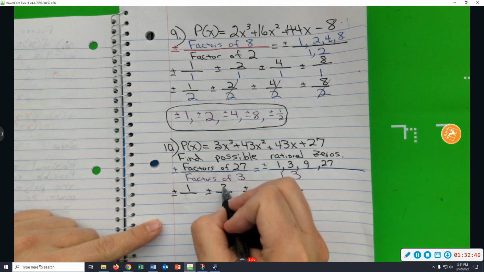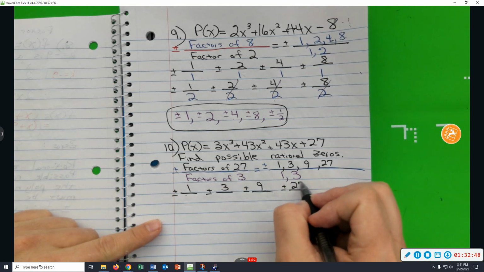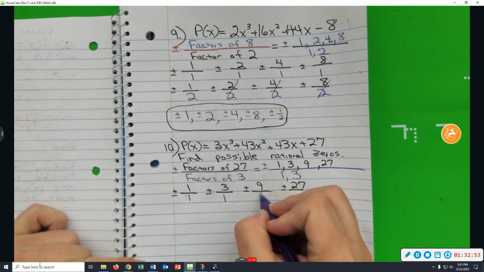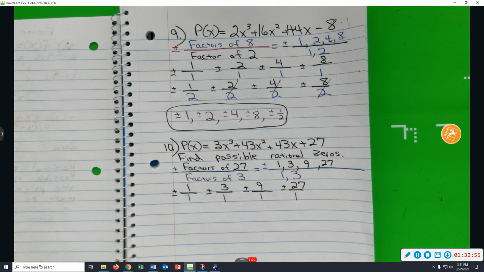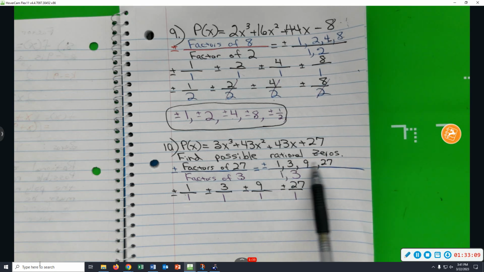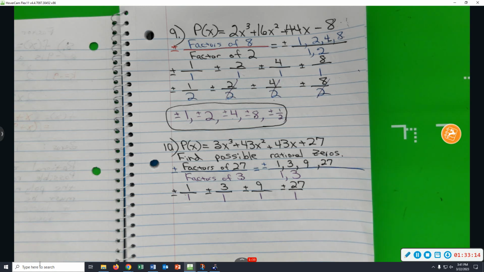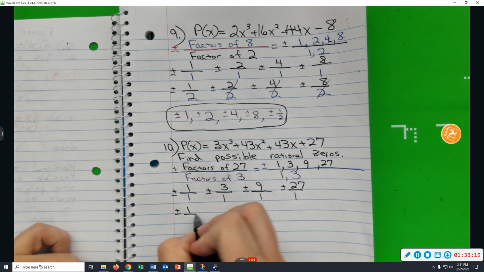So 1, 3, 9, and 27. We're going to put them all over 1, which is just going to give us 1, 3, 9, and 27. Right? That brings up a good point. You will always have a 1 down here in the denominator. So that means the factors of the constant term will always be possible zeros. And then we take all that 1, 3, 9, and 27 and put them over